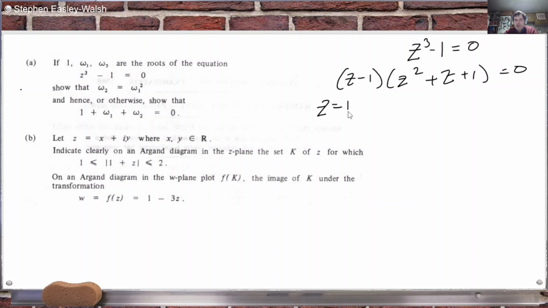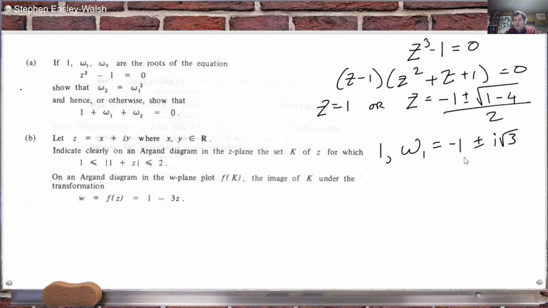So that means z equals 1, or z equals minus b plus or minus the square root of b squared minus 4ac all over 2a. So we have the roots are 1, omega 1, which equals minus 1 plus or minus i root 3 over 2, and then omega 2 equal, oh yeah, sorry, we'll take that one as the plus,